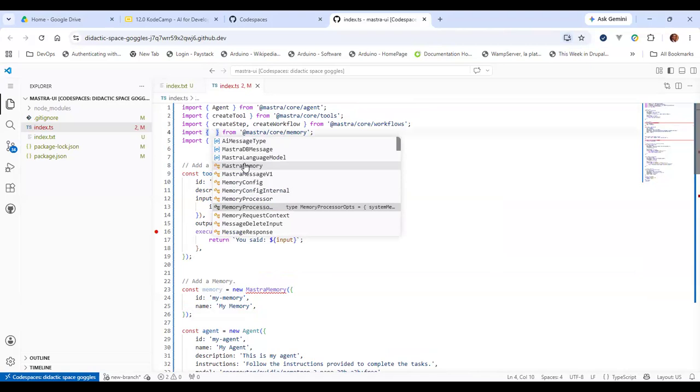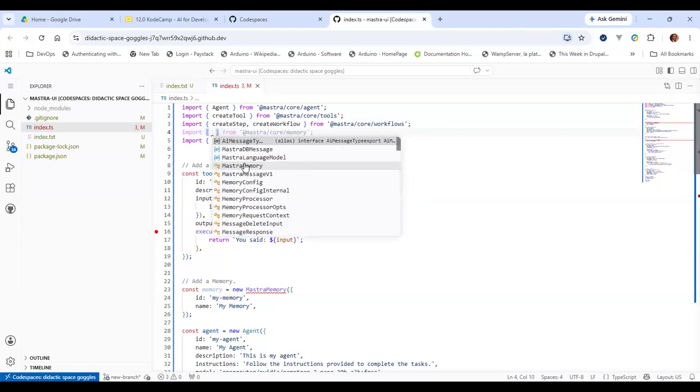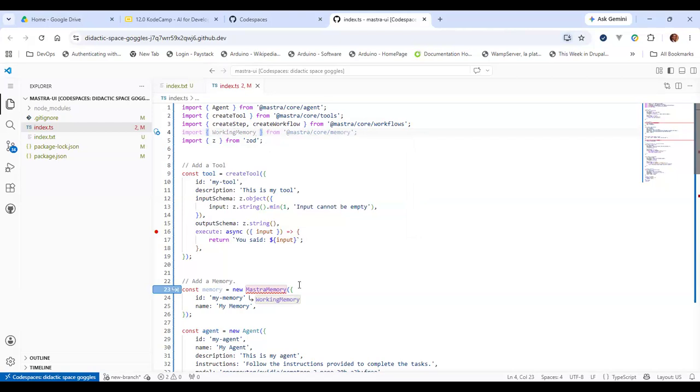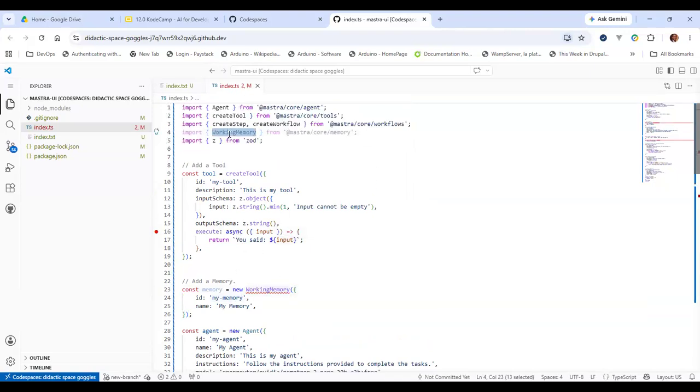I have used SQLite. Let's see if we have SQLite.